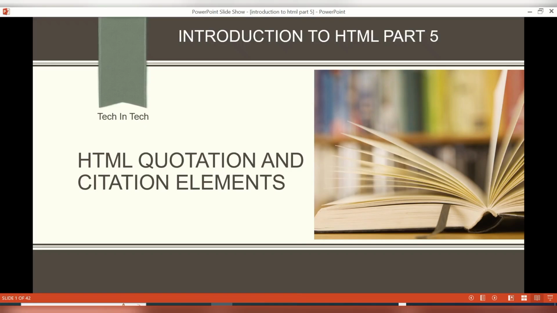So in this part, we're going now to the introduction to HTML part 5. And in this part 5, we'll be talking about the HTML quotation and citation elements. I'm sure you're excited to know. Although this is not the only thing we're going to talk about in our part 5, we also talk about